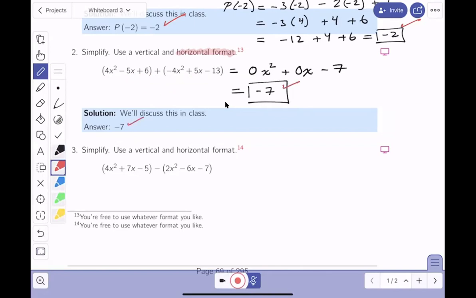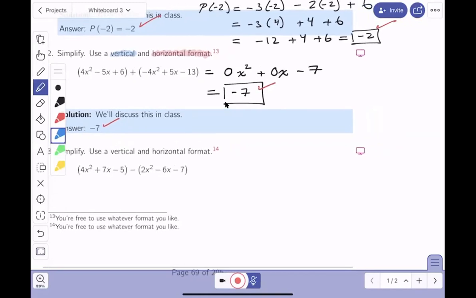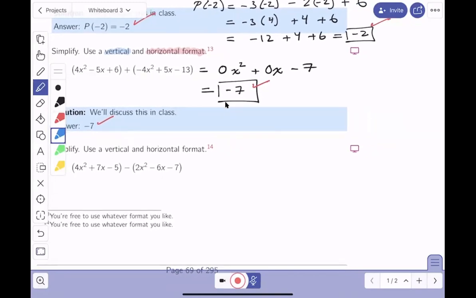All right, I'm going to do the vertical format now. This is vertical. And by the way, I'm not going to say that you have to do it both ways, but you probably should see another way of doing it. I'm going to write this down. Sometimes I use vertical because things get really complicated. Vertical does work nicely. So I'm going to write this as 4x squared